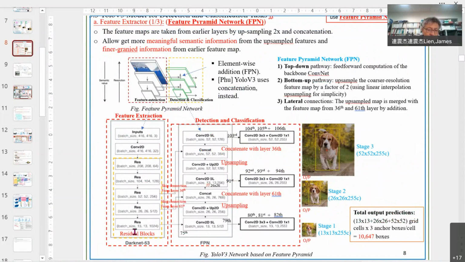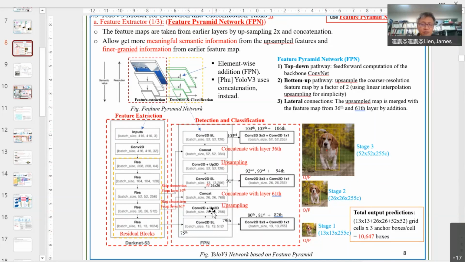So this is downsampling. Use ResNet, but use Darknet. So downsampling here. And then in the bottom one, they have a shortcut. So this is a feature pyramid network for the upsampling. But they upsample only 3 times: 2 times, 2 times, 2 times. So 3 stages. So first one, they come here, right? So this is this one. And they do convolution and output, final output for each, they have 13 by 13 grids. And here they try to find a bounding box. So this is the first scale.